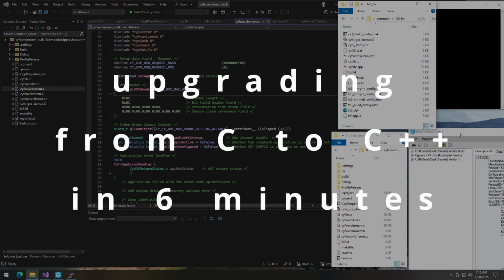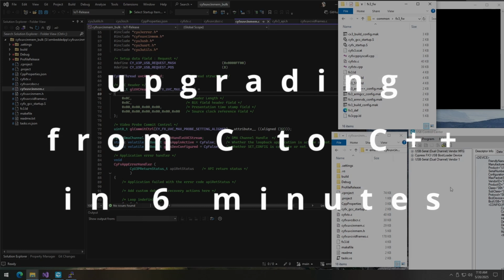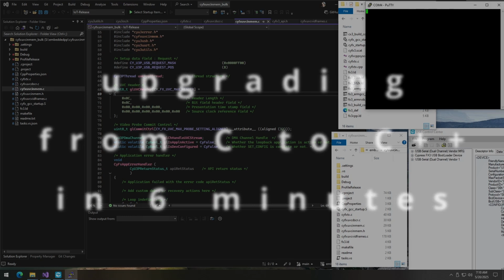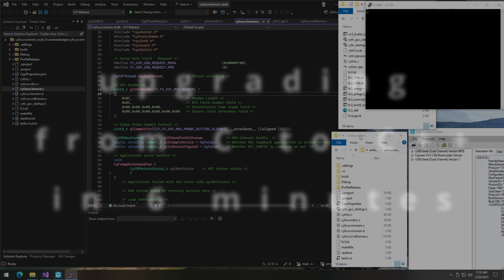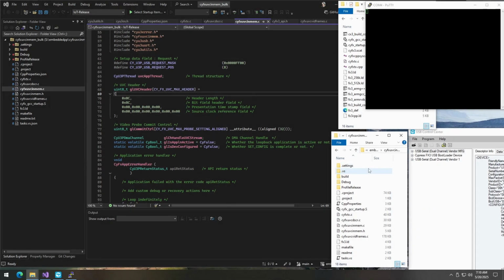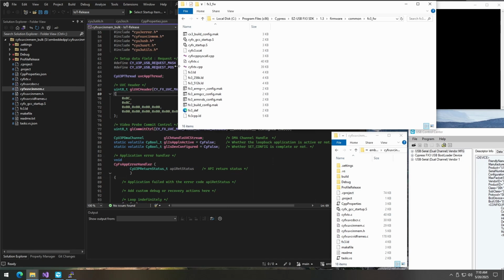We have the USB control center, so we can check whether the code we are changing into C++ world is still working and doing the video output. We have our putty for UART login. This is our folder for where our project files are, and this one is the Cypress's SDK place, which is program files x86, Cypress Easy USB FX3 SDK 1.3 firmware common FX3 FW, because this is